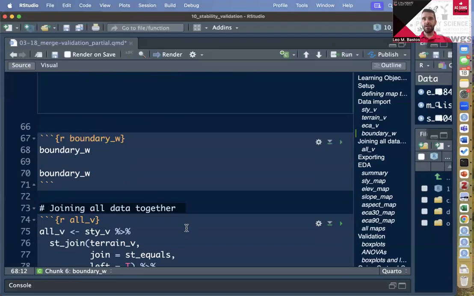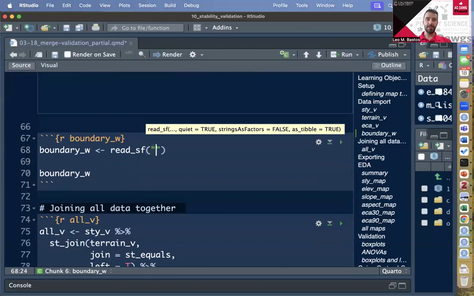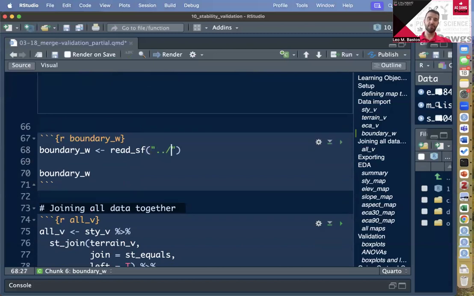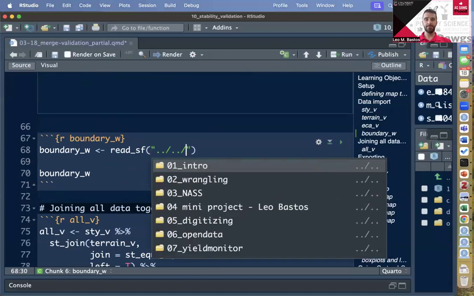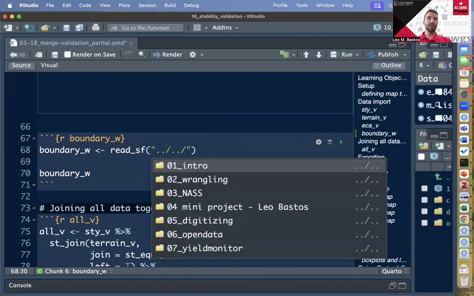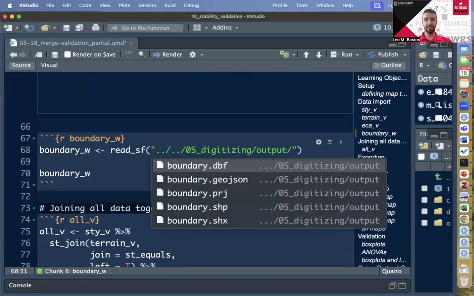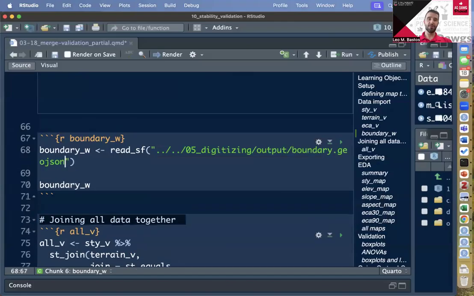The next thing I want to do here is bring our boundary. So let's use read_sf. And then we need to get outside of code, outside of 10 stability. Oops. Go inside of 05 digitizing, and then inside of output in this case, and then get our boundary.geojson. So if we print that,